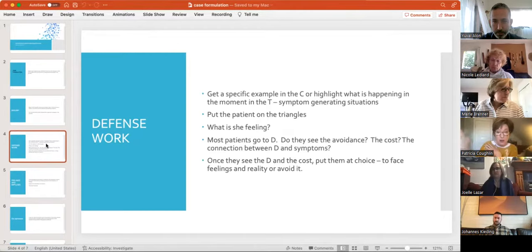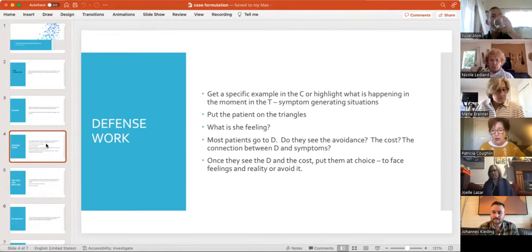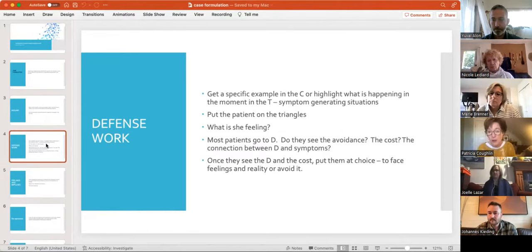So you've got them somewhere specific on the triangle of person, and then we begin to investigate on the triangle of conflict. I wonder what kinds of feelings you're having toward me, or toward your husband, or whatever it is. Now, I would say in 85% of the cases, the person responds with a defense, right? So it's typically the patient's habitual defenses that are responsible for their symptoms and suffering. So they tend to mistake their defenses for their feelings.